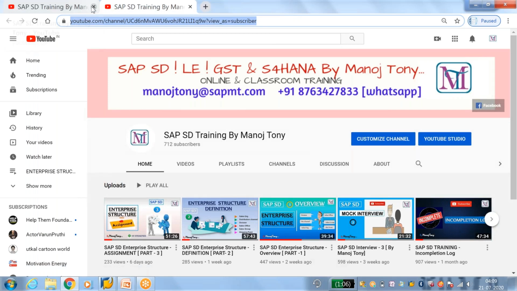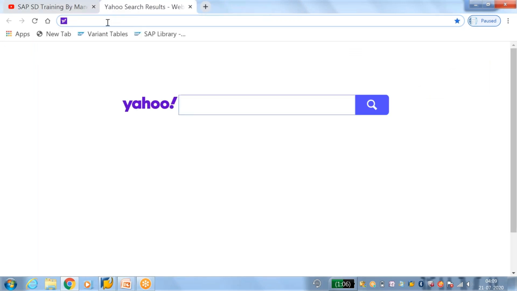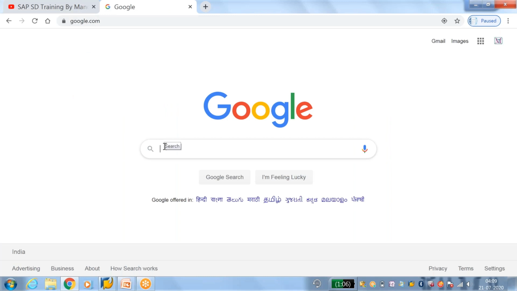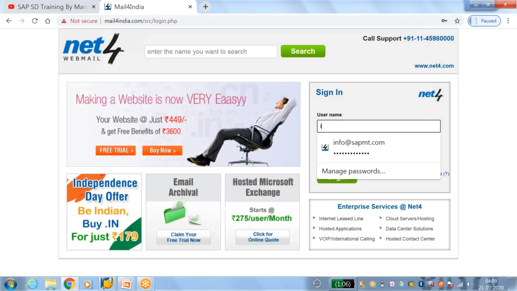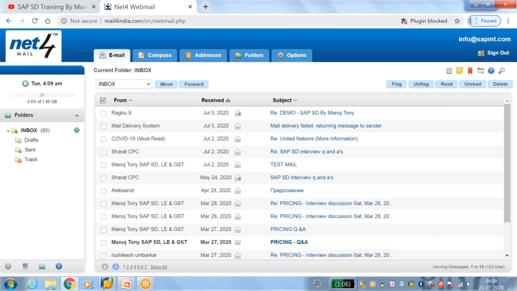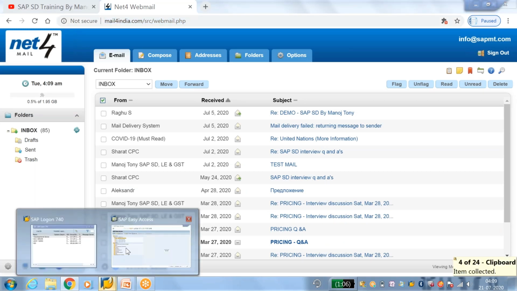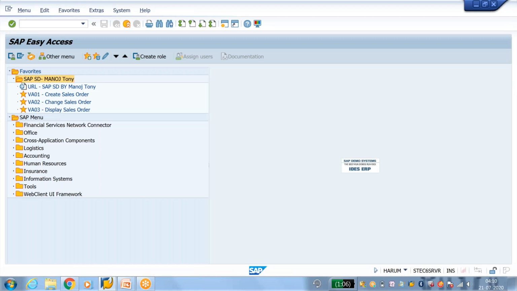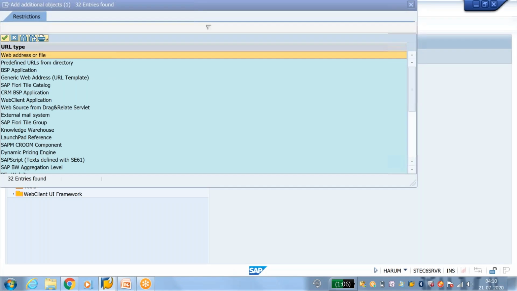Then next is what? I want to open my mail ID. So you can add the mail ID link as well. Now copy this mail ID link, then go to favorites, right click, then insert, add other objects.